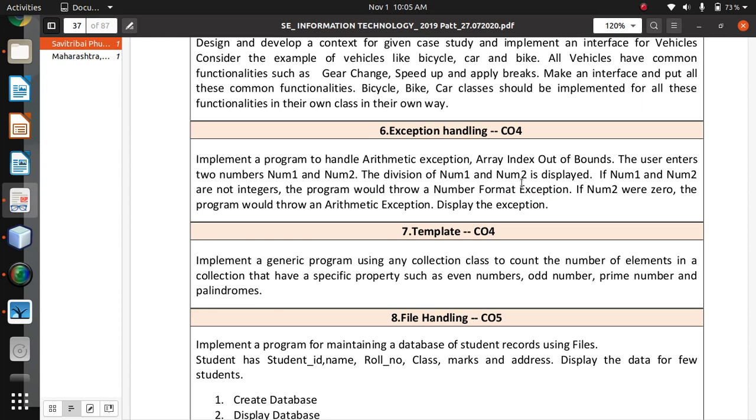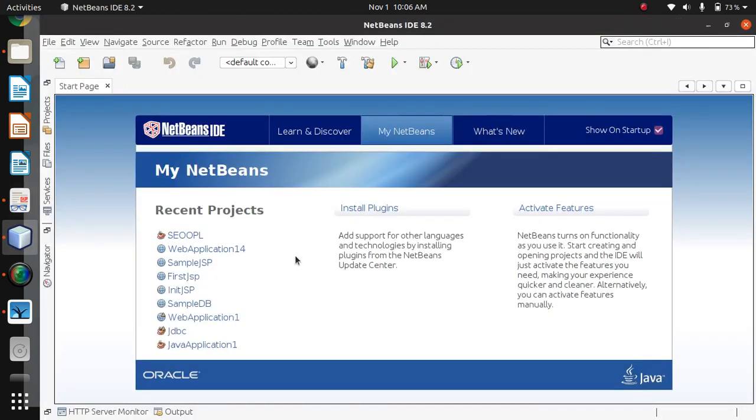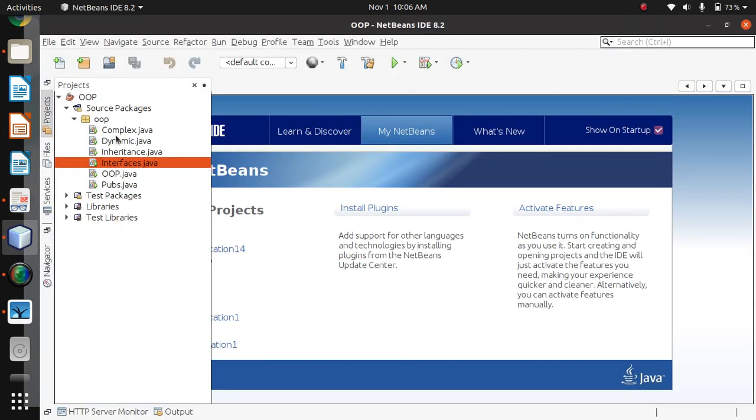I hope you know the concept of try and catch. When any kind of runtime error occurs, the program will be accidentally terminated, and to stop the accidental termination of the program, we make use of the try and catch mechanism in Java. This concept we call the exception handling mechanism, and now in this program we are going to see its implementation. Let's open the code and create a new file here.